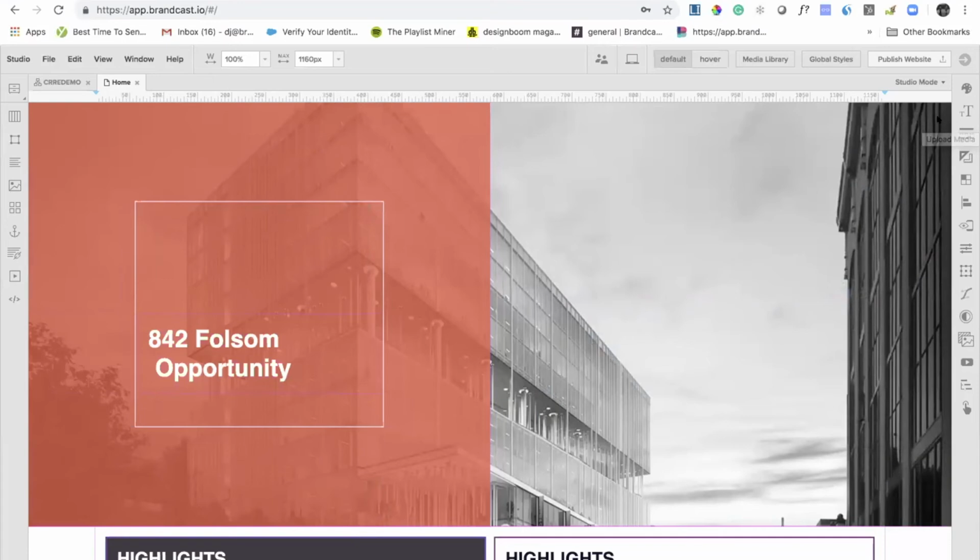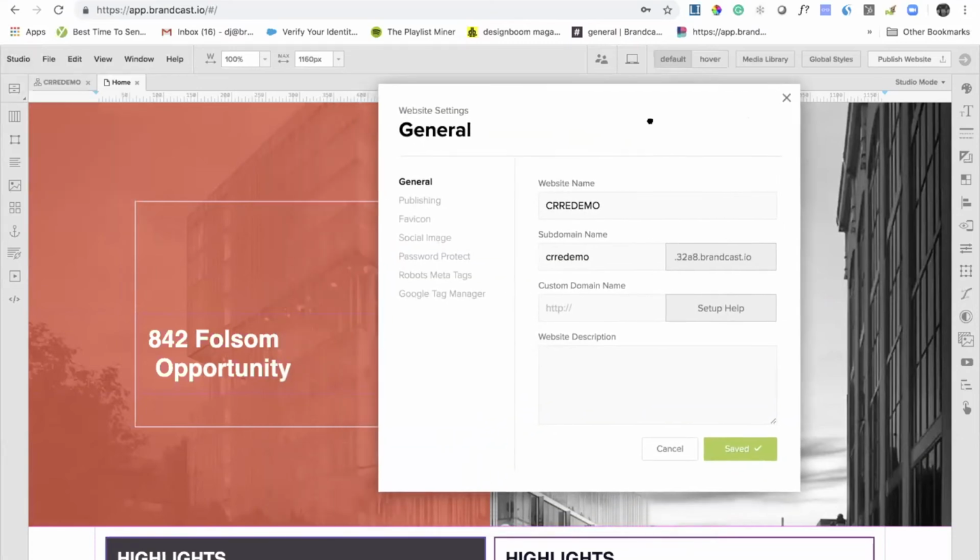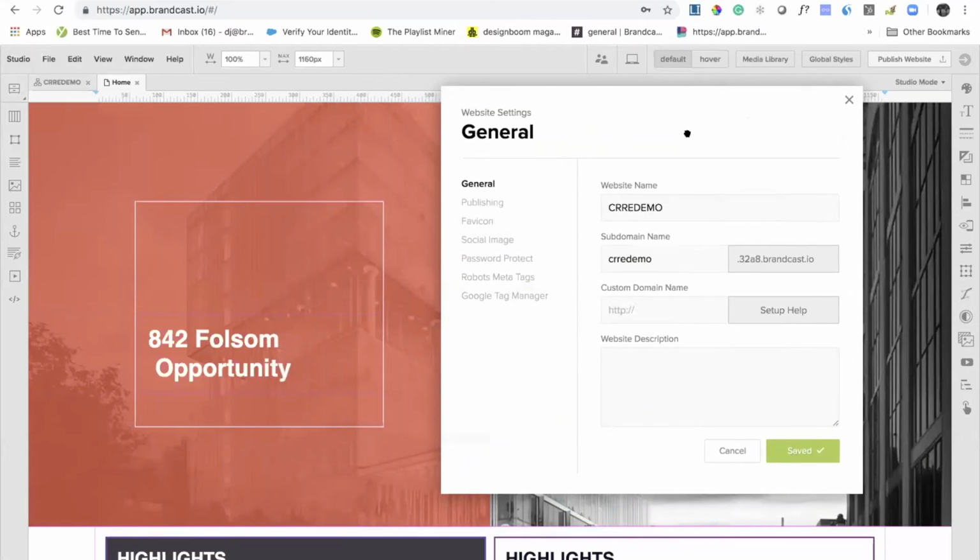And that brings up metadata. Let's talk a little bit about that. Once your websites are ready to go live, the first thing you're going to need to do is make sure that A, the websites look great across all device types, and then B, make sure that your metadata is correct. So we handle metadata via the website settings panel. And essentially, you can drop in your website description on a website level, and this will be the first thing that Google pulls in a search result. We also enable you to drop in a custom domain here. So if you wanted to do something like 123mainstreet.com, you would just need to point your A record over to